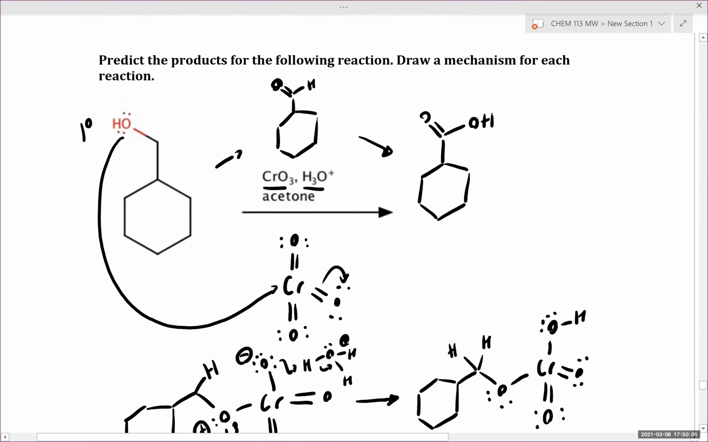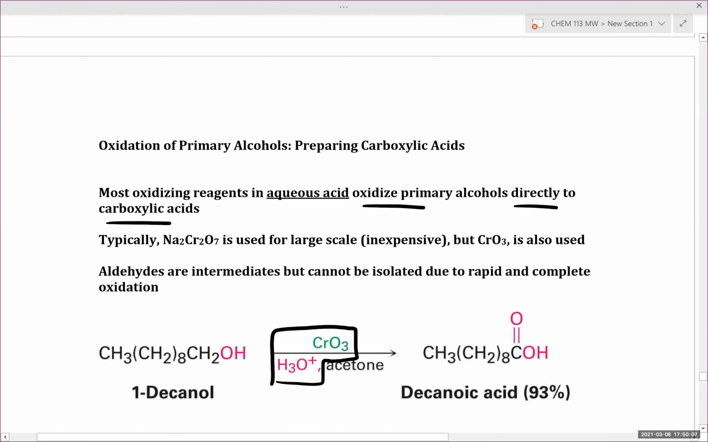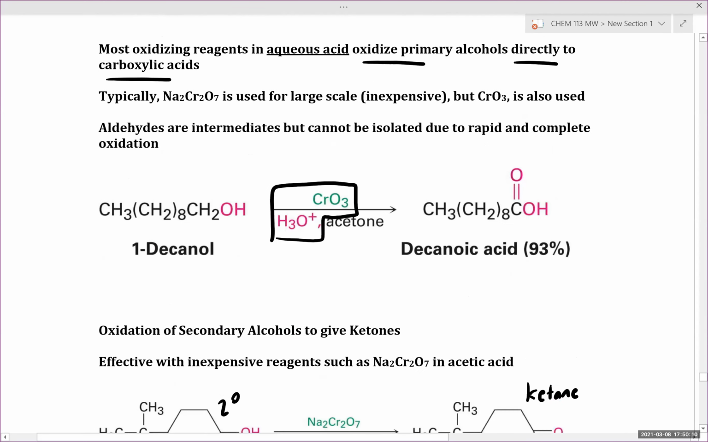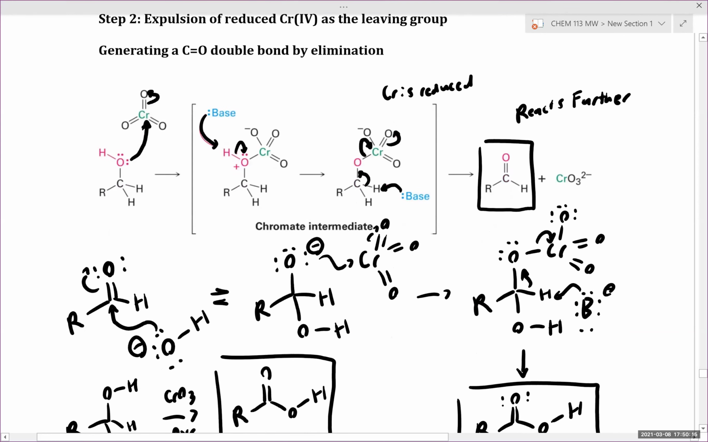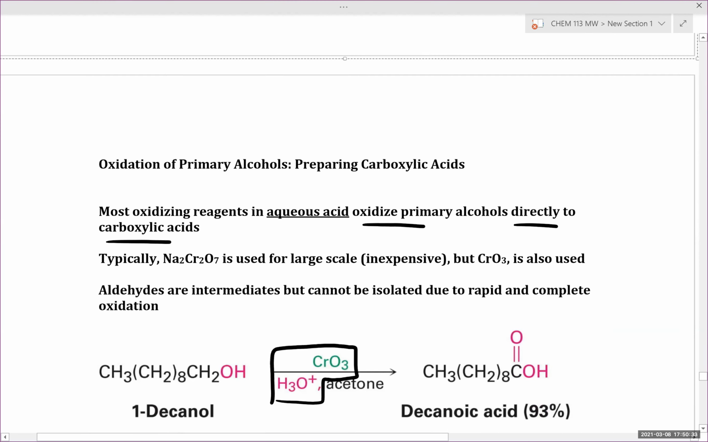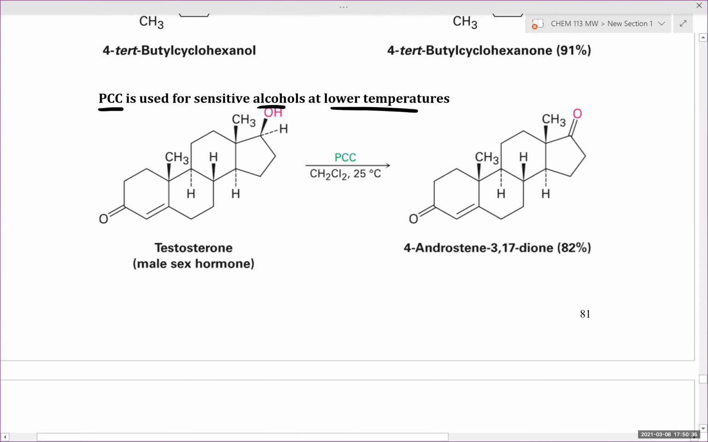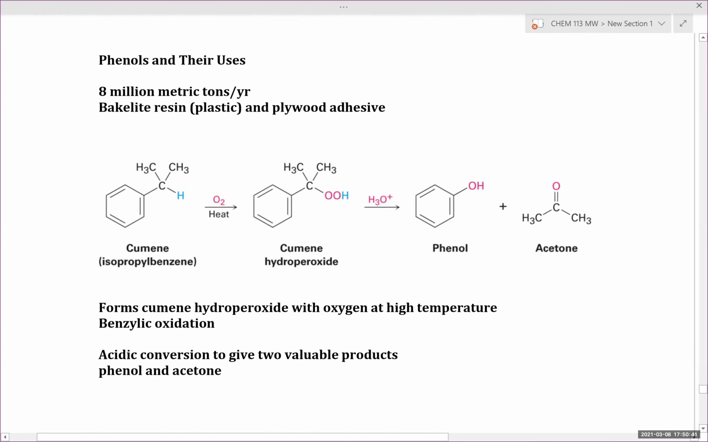So just a refresher for the chromium trioxide mechanism. We've discussed this previously last class session, where after coordination, chromium is reduced via abstraction of a hydrogen with base to give a ketone and a reduced chromium species. So, as a student has very astutely noted in the chat, that in this case,